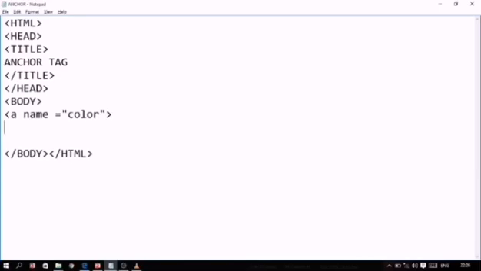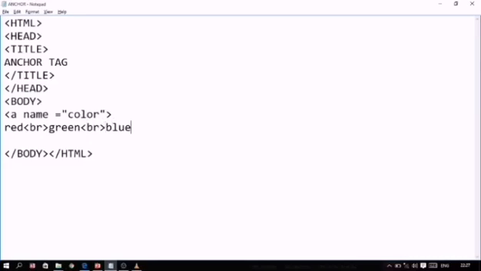I'm making a simple plain file, not giving any formatting to this. Red, then green, then blue. Wait a minute, I have to give BR because I want to display the text on the next line. Blue. Okay, these three colors.